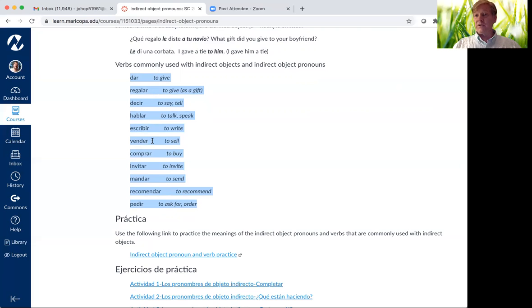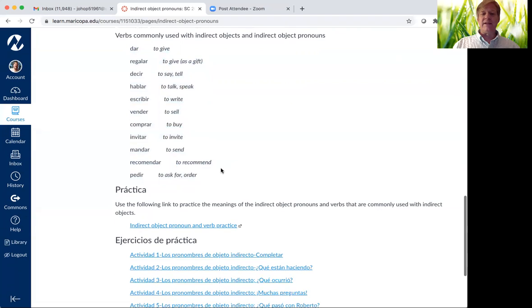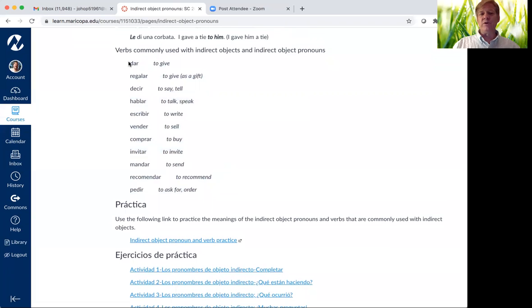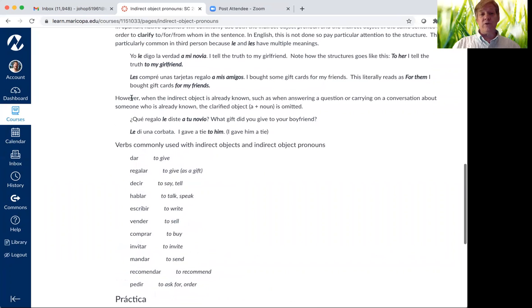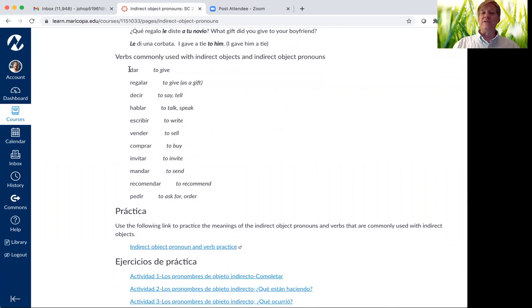You sell something to someone. Le vendí una bicicleta a mi vecino. You buy something from someone, or you buy something for someone. Bien, you invite someone somewhere, etc., etc. So all of these verbs take the indirect object pronouns very easily and very naturally. You should learn them, and you should read through this page and also practice creating your own sentences with family